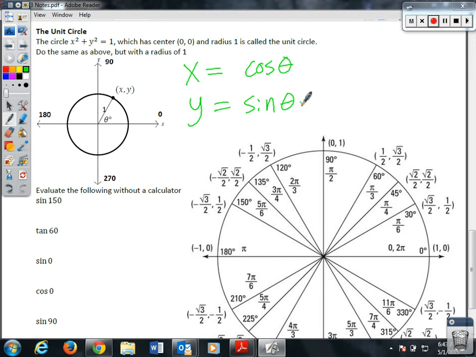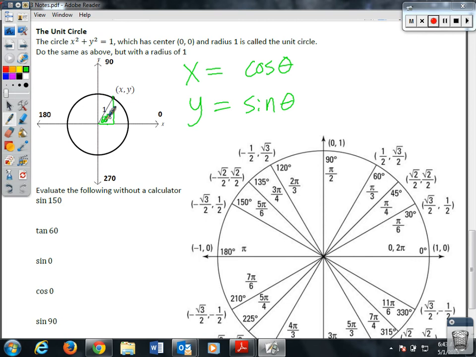If you'll notice, these are the same angles as the special right triangles. So we have 30-degree angles, 60-degree angles, and 45-degree angles, and then, of course, 0, 90, 180, and 270. What these come from is those special right triangles. So if we think about theta being, say, a 60-degree angle,